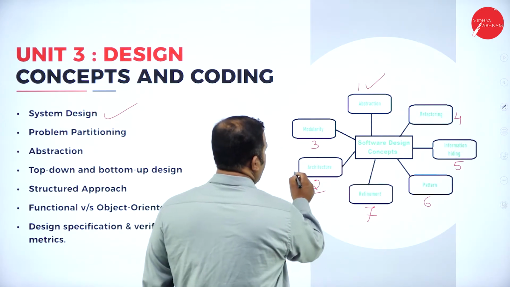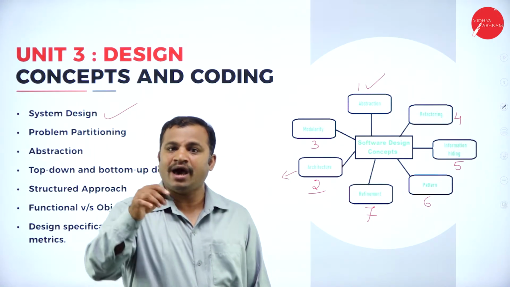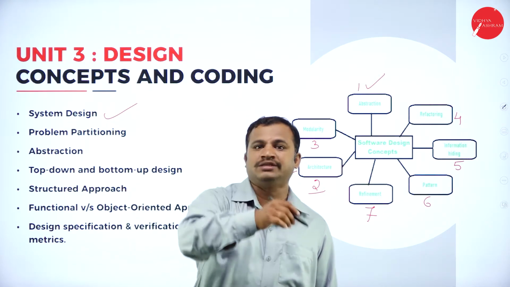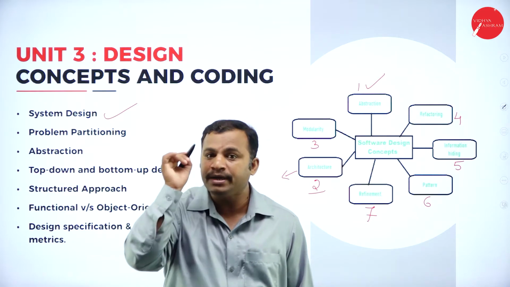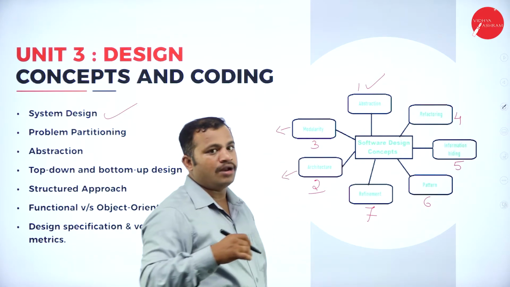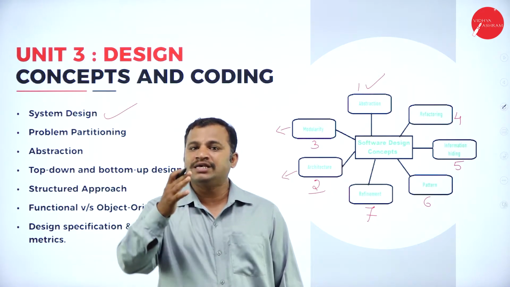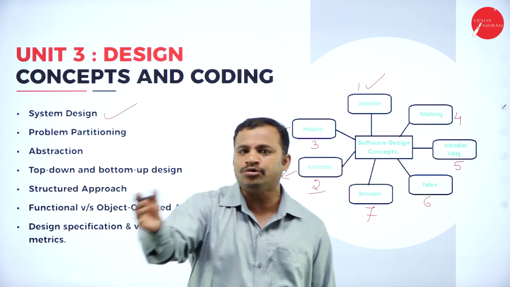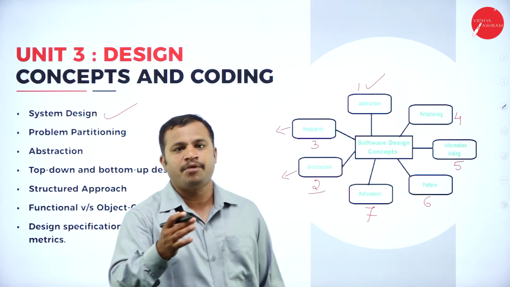Then, second one, architecture. Before you design any of the software models, it has to be architectured properly. That is, how the data must flow from one module to another module. All those details must be architectured in the form of a diagram or pictorial representation, which is very important. In the third case, modularity, as I told you earlier: if there is a big problem, it has to be divided into smaller sub-problems, and the solutions to these smaller sub-problems are integrated together, which forms a solution to the big problem. That is called modularity.